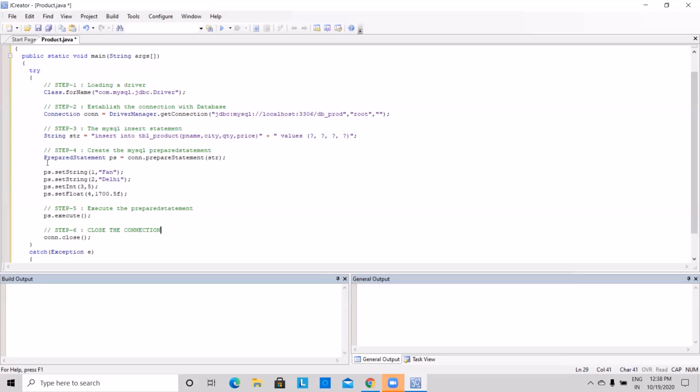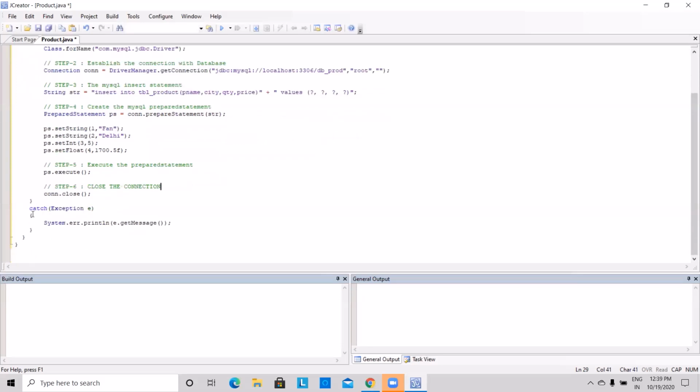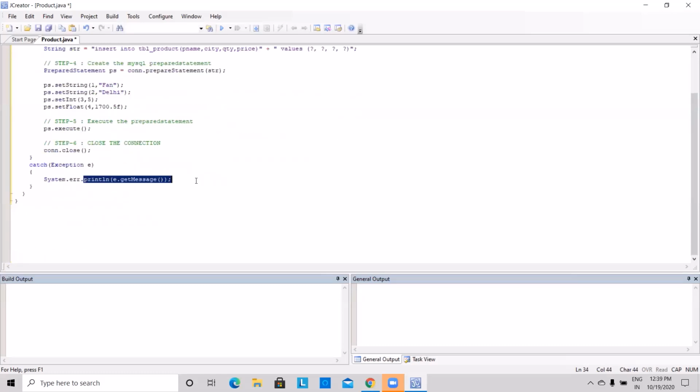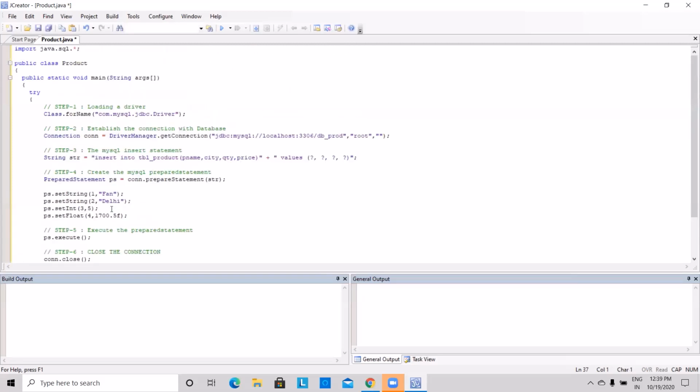Okay. Now, once the try block is complete, we need to write down a catch block immediately after the try block. This is the exception object E. Now, if any exception is generated, then this println will display that exception. E.getMessage will take the message of that exception or error, and that will be displayed. But this catch block executes only if there is an error in the try block, otherwise it won't execute. Then this is a closing bracket of main and this is a closing bracket of class.